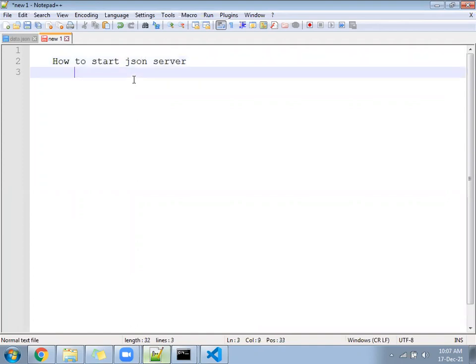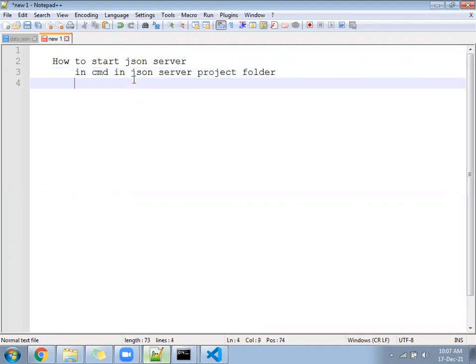How to start JSON server in CMD in JSON server project folder. It should not be like open CMD and write anywhere. You have to open the CMD where? In the CMD in JSON project folder, JSON server project folder. You have to write